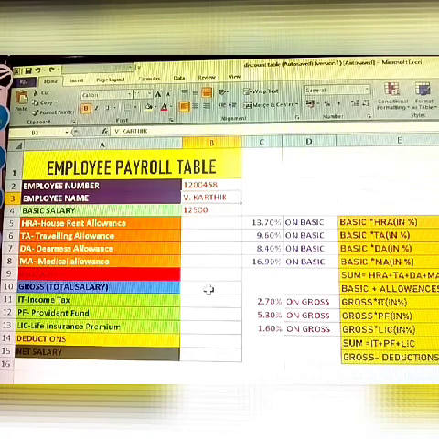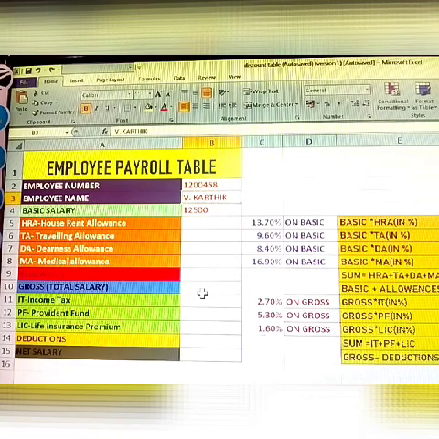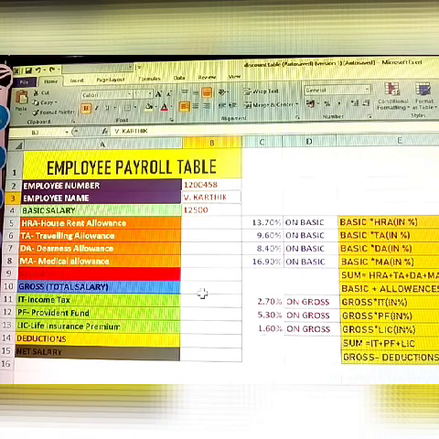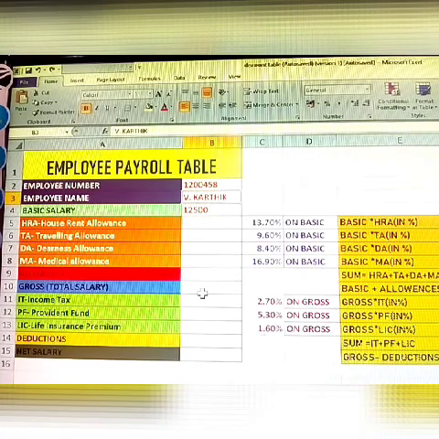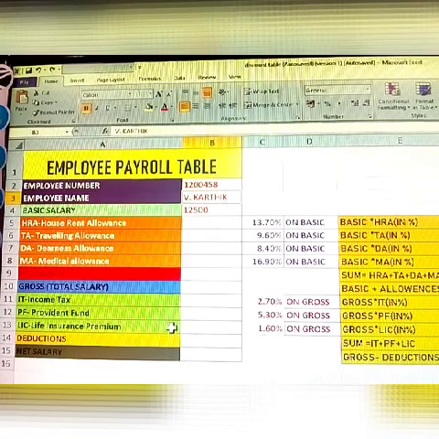From the gross salary, what are the lessings? Lessings means PF, provident fund, which is taken for retirement, and income tax, and life insurance premium. This is also taken after retirement. Some members take it in the middle also. These are all in green color.